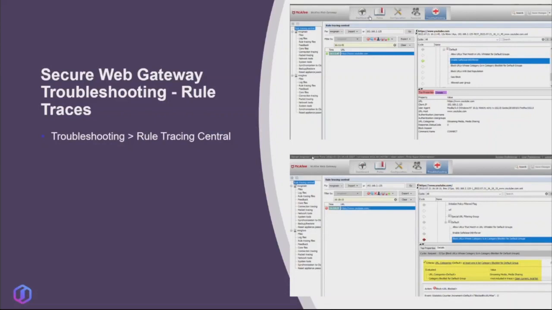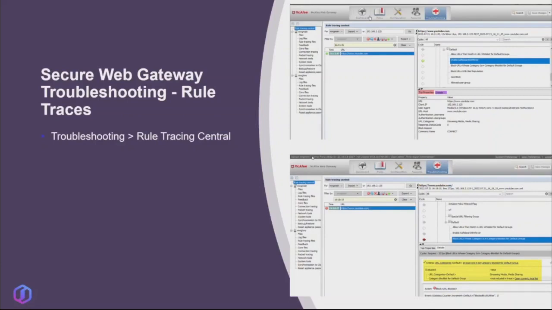This is quite a quick view. We know that it's not blocked because we can see the green right arrow, so we know there is no block here, so that's fine. In the screenshot at the bottom right hand side, I just blocked streaming media for everybody on my lab,